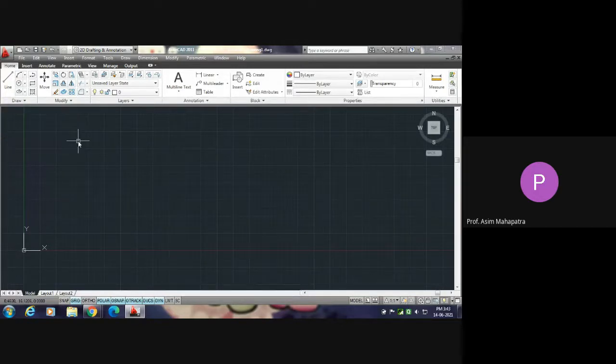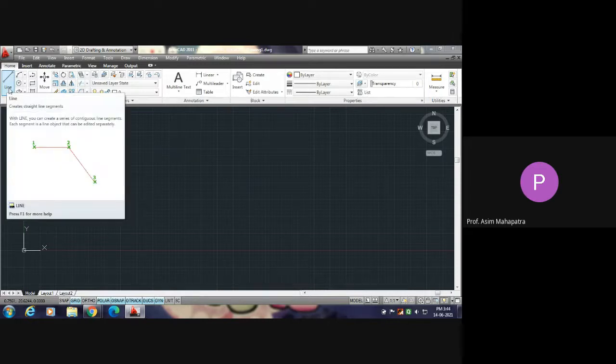Before going into that detail, I will show you how to do the basic work in AutoCAD. That will probably be more interesting to you. Suppose I want to draw a line within this working area. This black area is the working area. You can draw anything you want, and it will be drawn within this working area. So my first objective is to draw a line. In order to do that, you have to give the command line. So the first command is line.